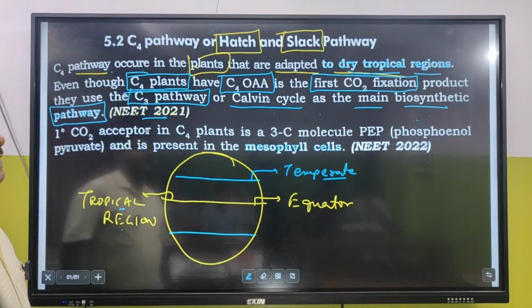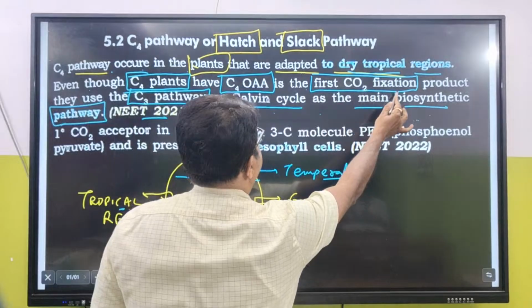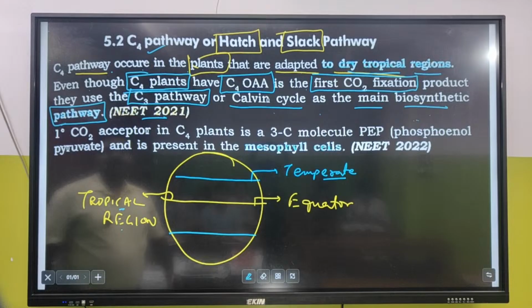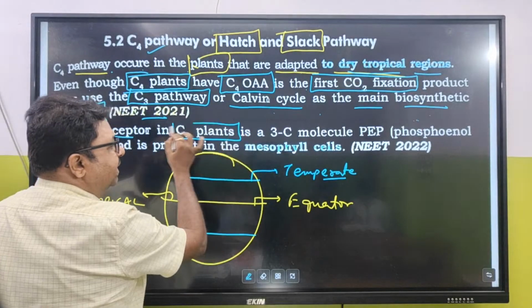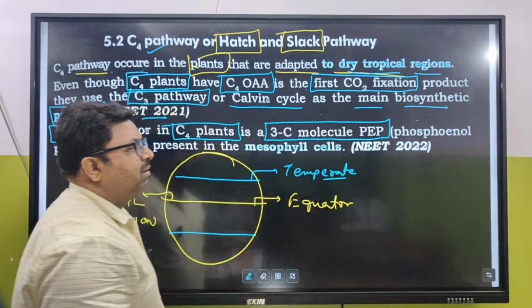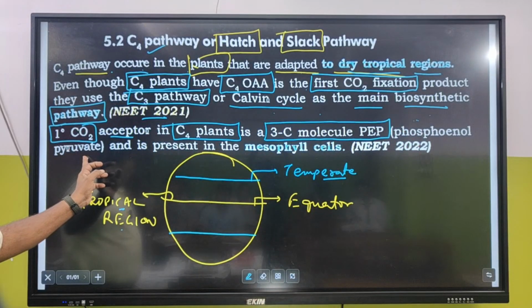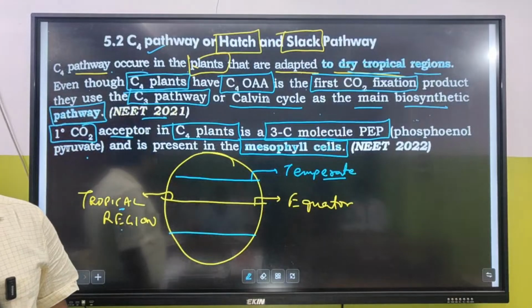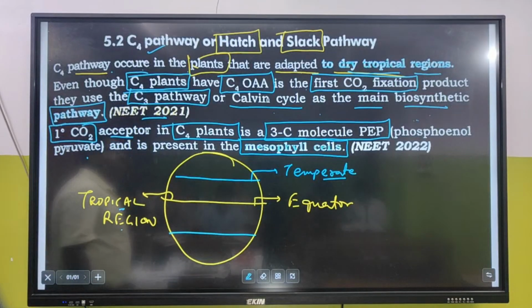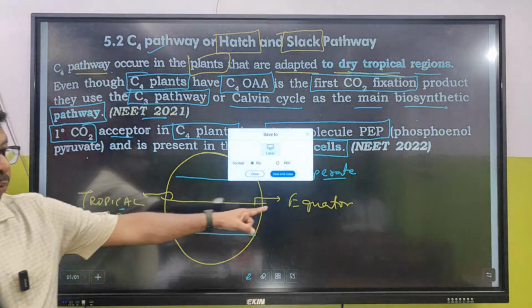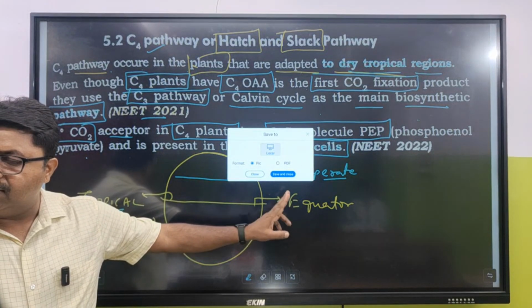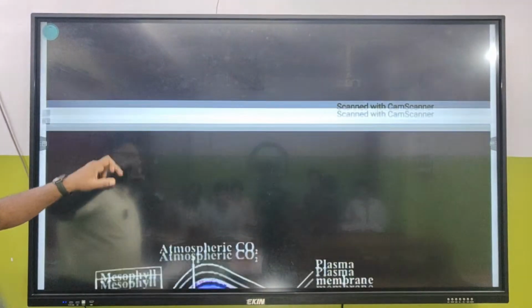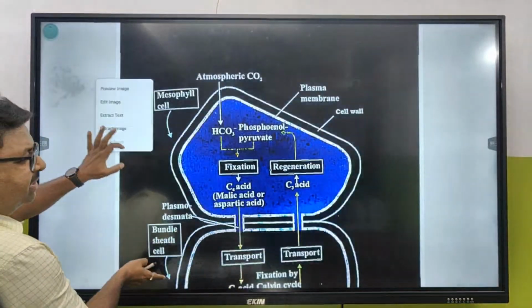NEET 2021 question: oxaloacetic acid is the first carbon dioxide fixation product in case of which pathway? C4 pathway. The primary carbon dioxide acceptor in C4 plants is a 3 carbon compound, phosphoenol pyruvate, and is present in the mesophyll cells. খেয়াল রাখিস, ট্রপিক্যাল প্ল্যান্টসের মধ্যে C4 বেশি দেখা যায়, ড্রাই ট্রপিক্যাল রিজিয়নস এ ওরা বেশি অ্যাডাপ্ট করে।